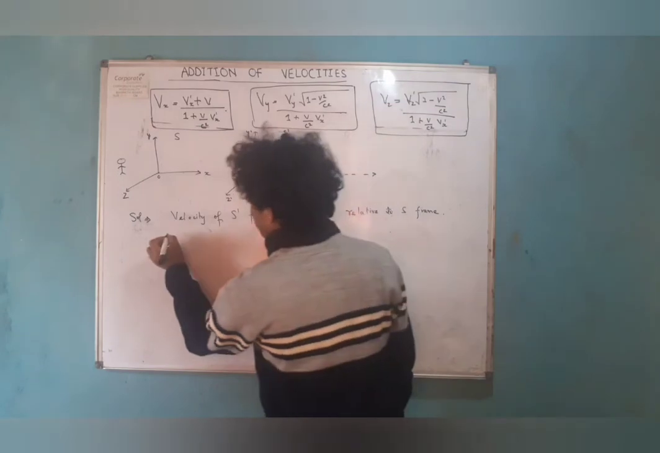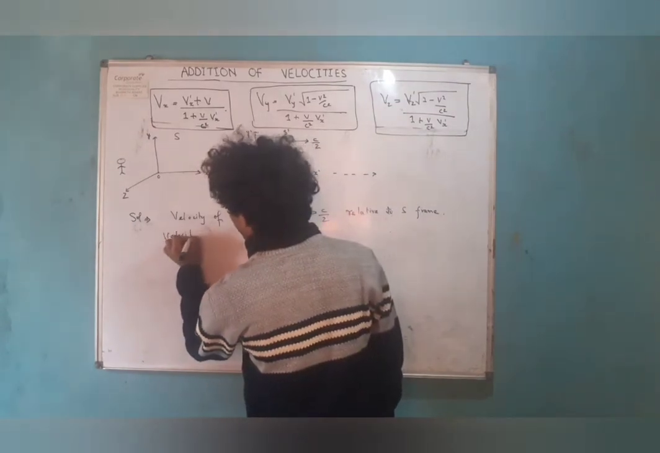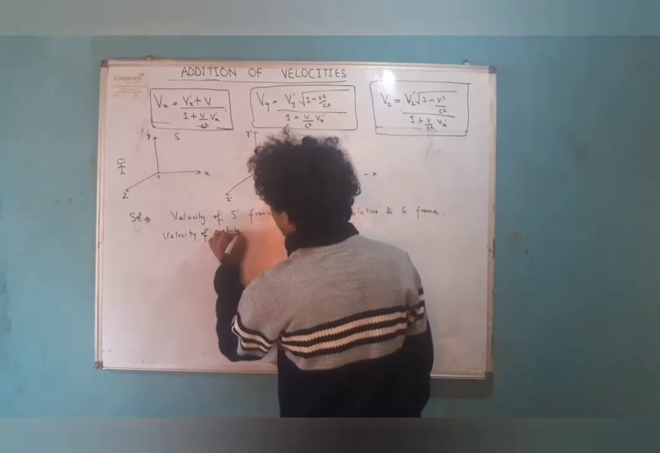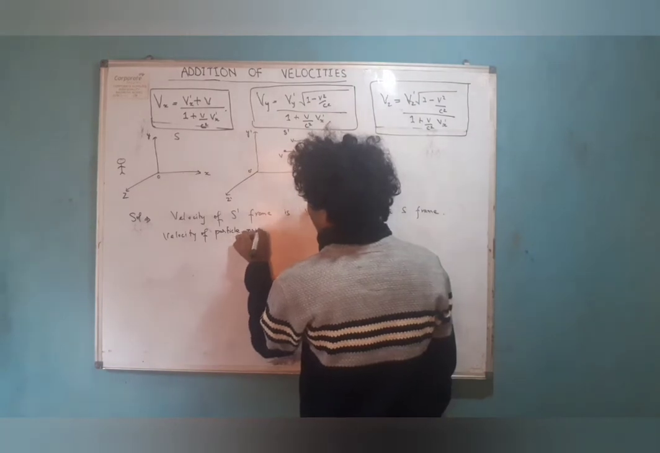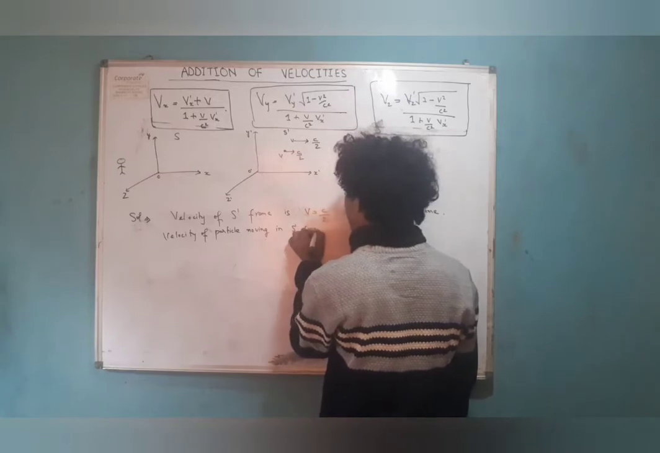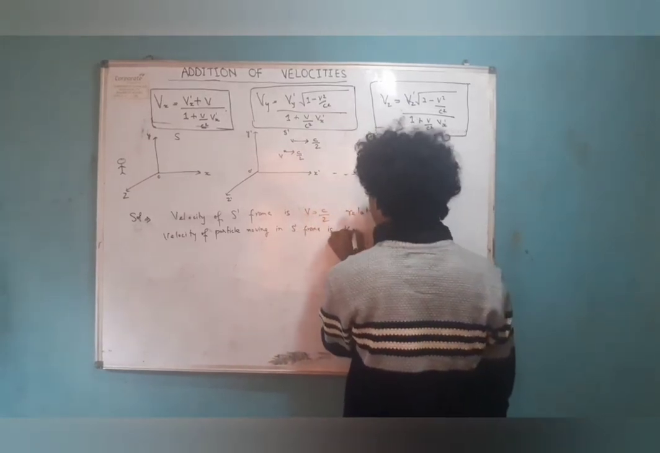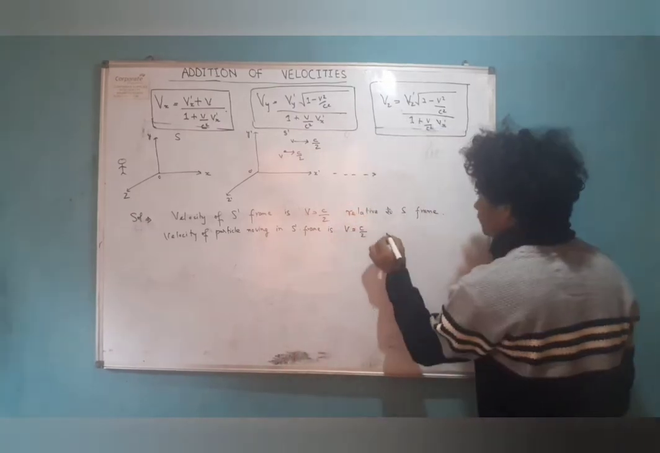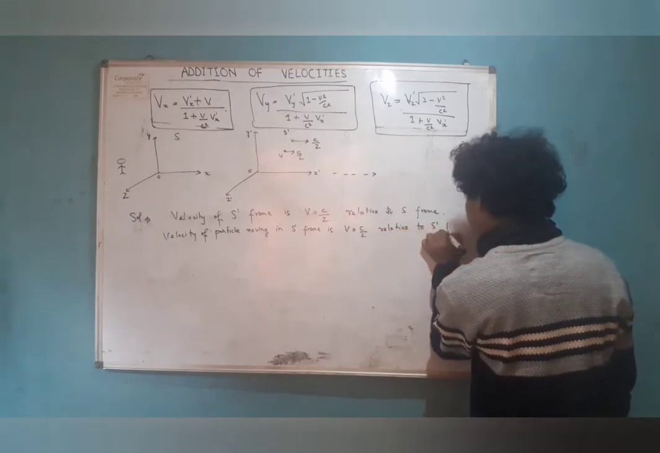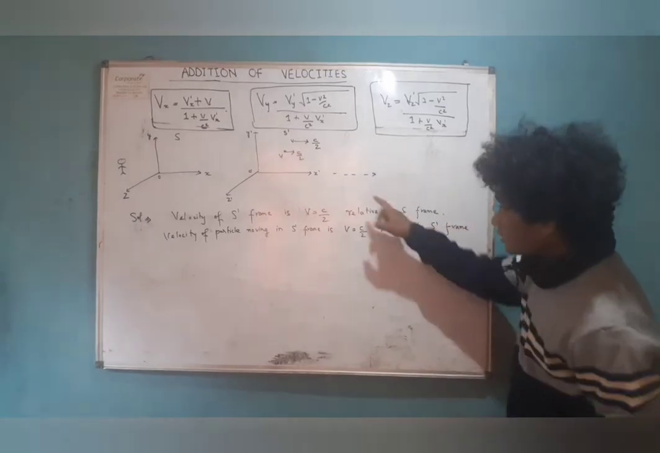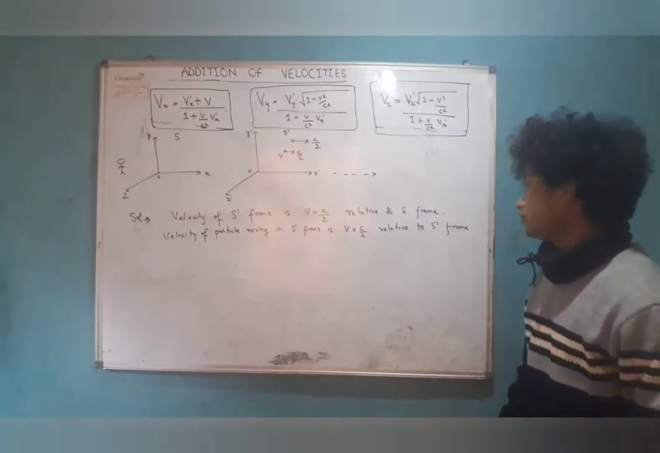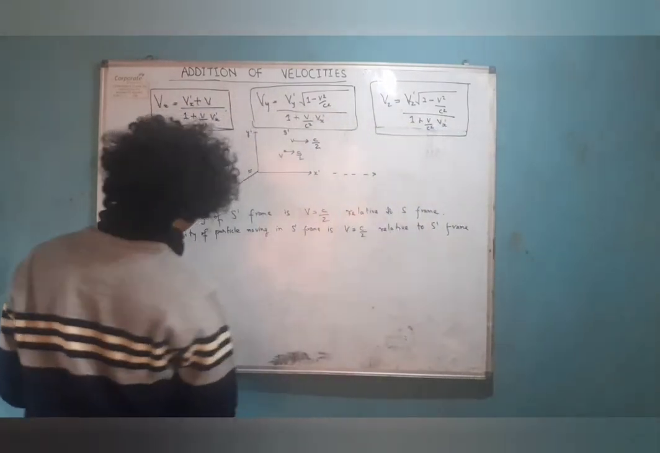And the velocity of the particle moving in the S prime frame is also equal to c by 2 relative to the S prime frame, because the particle is moving in the S prime frame with velocity c by 2. So now using the formula along the Vx direction,